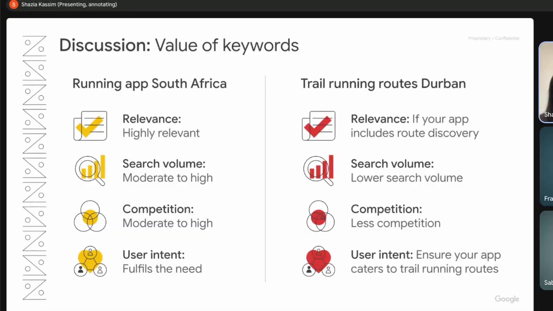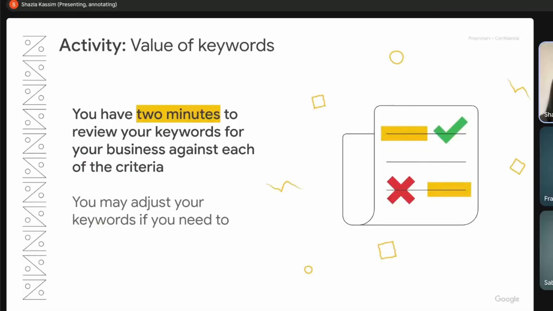And when it comes to competition, it's potentially less competition for this specific activity, and it's very location specific as well. And in terms of users, the users of this app want to find trail running routes in Durban. So the app would cater towards this need. So thank you again for participating